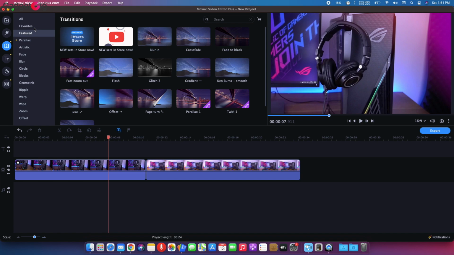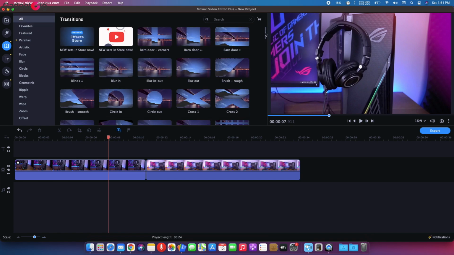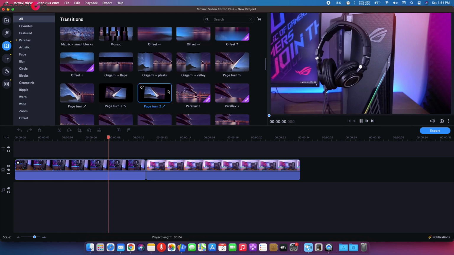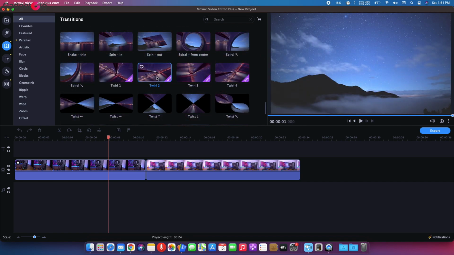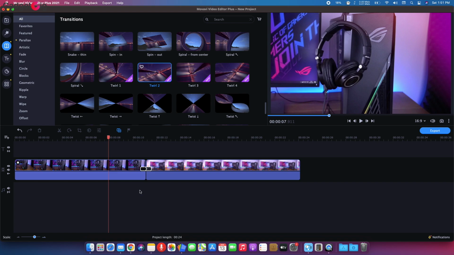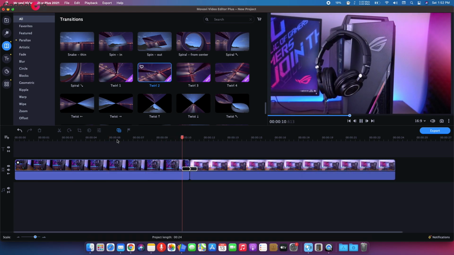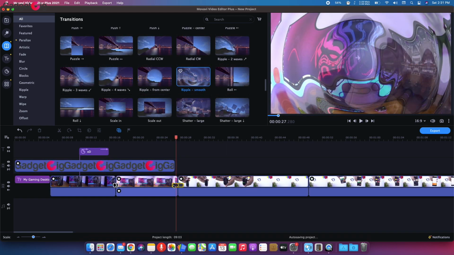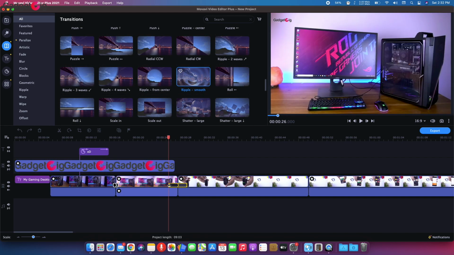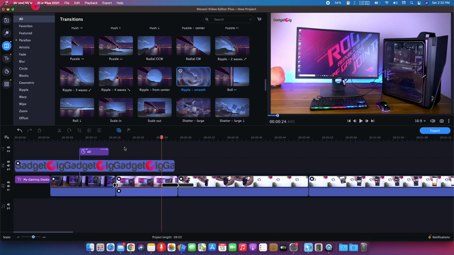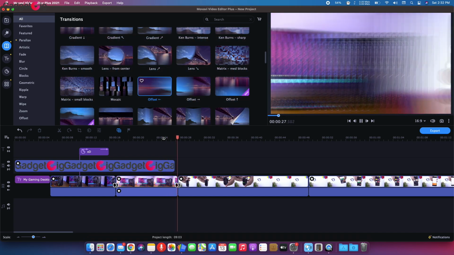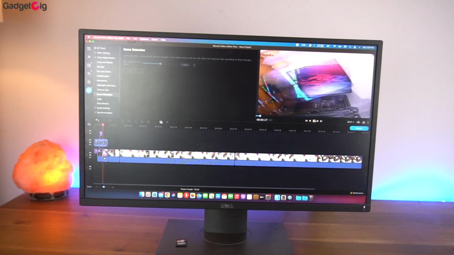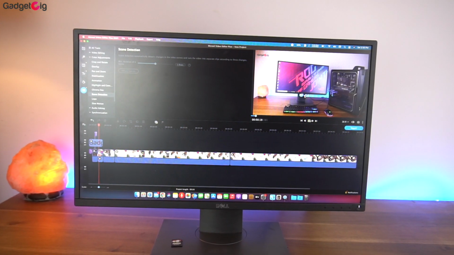Now moving towards the transitions, here as well we have lot of options available. And there are a lot of new transition effects I can see in this year's update. The transitions are also categorized well, and to apply the transition, you have to do the same, which is drag and drop the transition between the two video clips. You can adjust the transition timing by clicking on the transition and then adjust as per your choice. And about the transitions, I find them really good, and you have a lot of transitions available in this package, which is definitely an advantage. And you can also download more from the effect store.